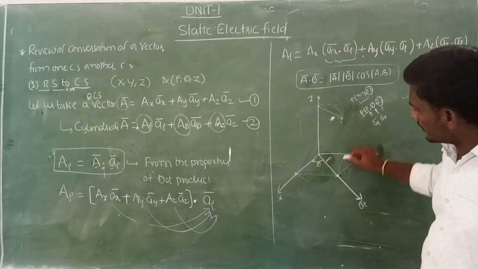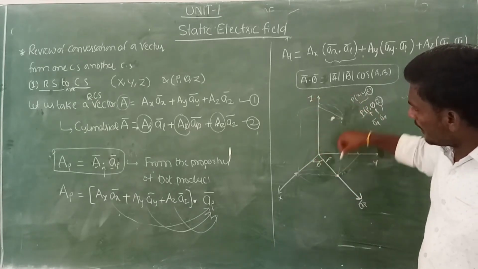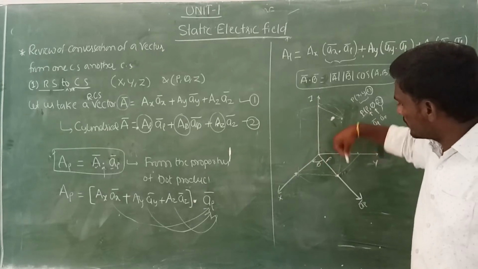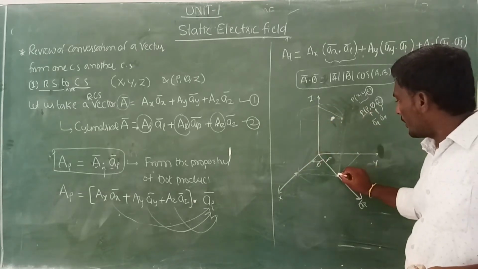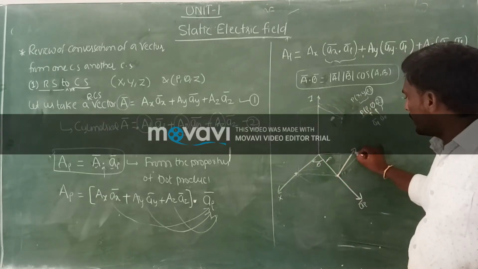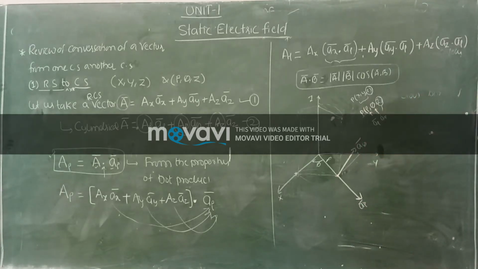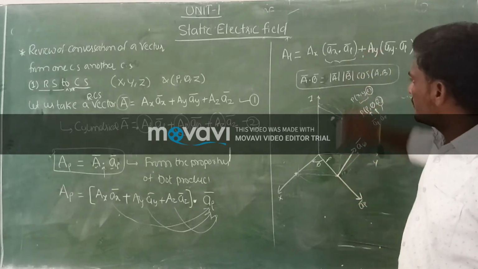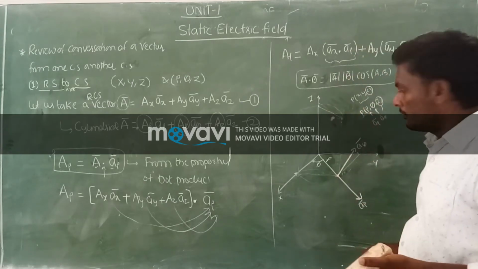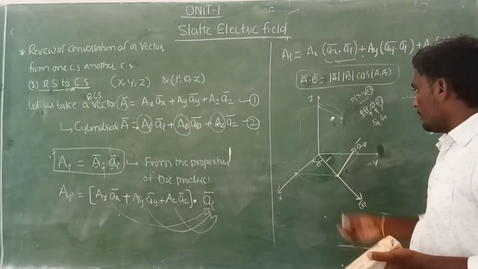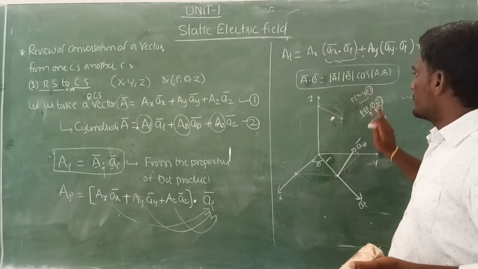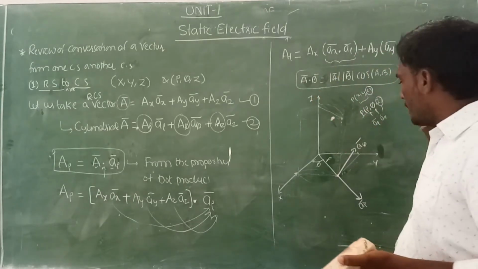It is A rho bar, and your phi is moving in this direction, like this. It is moving in the anti-clockwise direction, so that's why I am taking the A phi bar here. It is my A phi bar. And Az bar is in the upward direction. Now see, I am not representing Az bar. Why? Because Az bar is there in the Cartesian system and the cylindrical system.